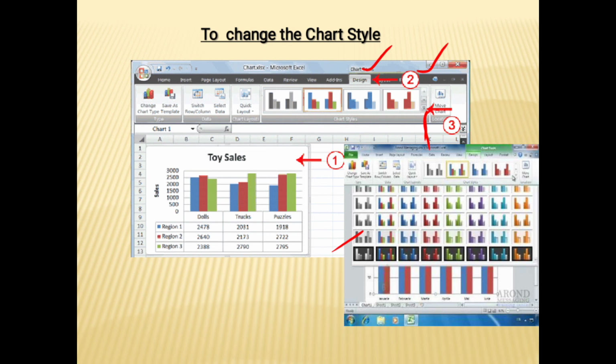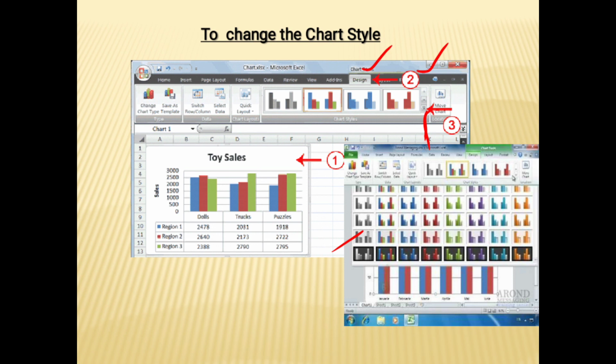In this video we covered these things: first how to add chart title, then how to add axis titles, then how to change data labels, then how to change chart type, then how to change chart layout, then how to change chart styles.